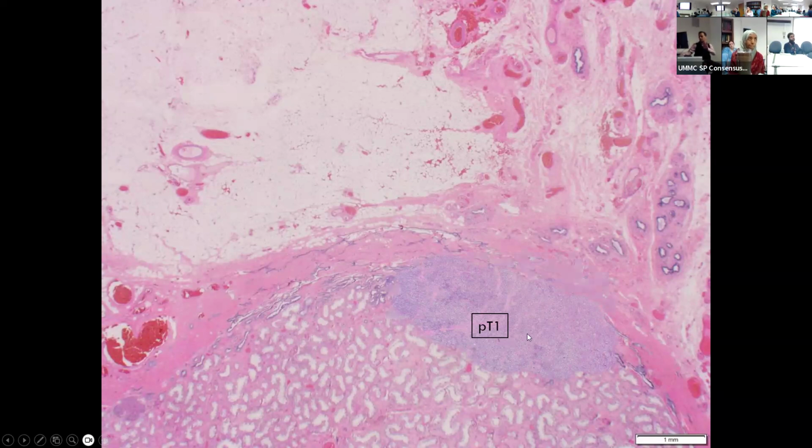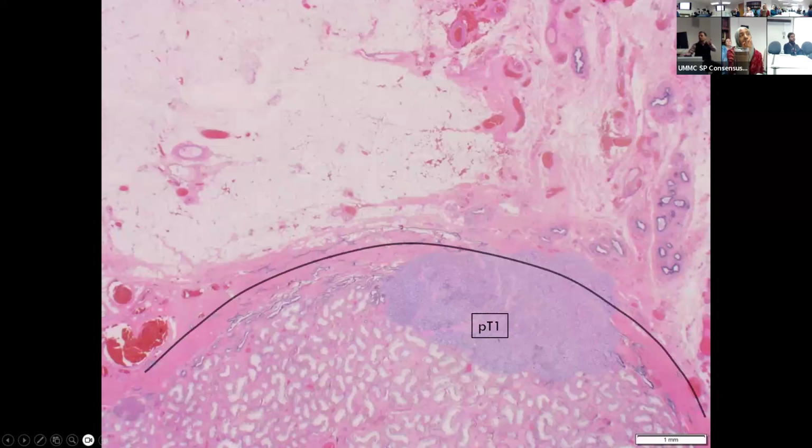That's not going to be a problem. But what if you get a tumor like this? Probably the same example that we saw in the gross specimen. What if you get a tumor like this? So how do you evaluate? The principle here is you roughly use the tunica on either side as a guide. It's coming over here, it's coming over here. Estimate if this is beyond the plane of that. If you think that's beyond the plane, that's going to be a pT2, which means when grossly